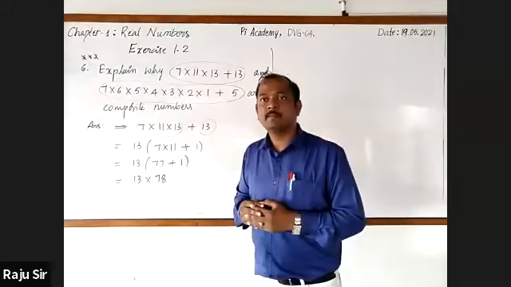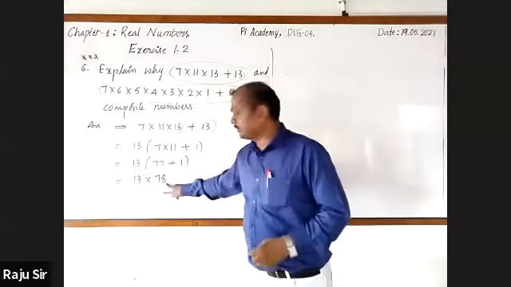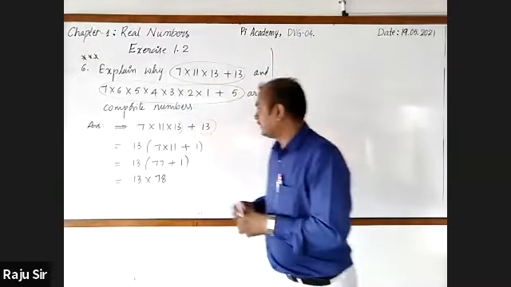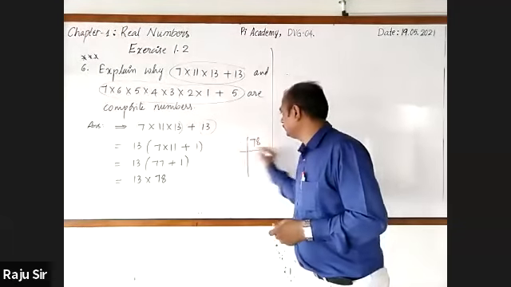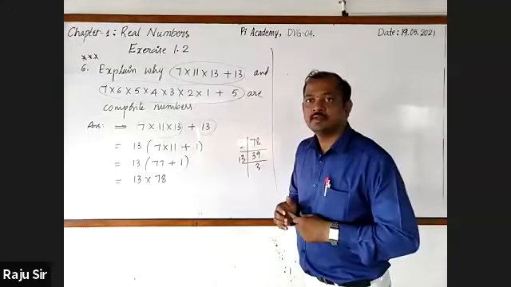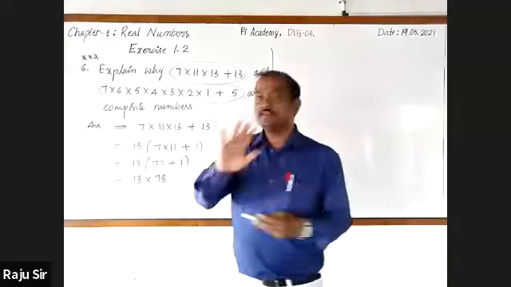Okay, then 13 into 2 into 3 into 13. So you would find the prime factorization of 78. Of course, you can do it like that also. Means like this: 78, 2, 3 is 13. Wait, wait, wait. Just listen to me carefully. Sir, they just asked us to explain why they are composite, sir.